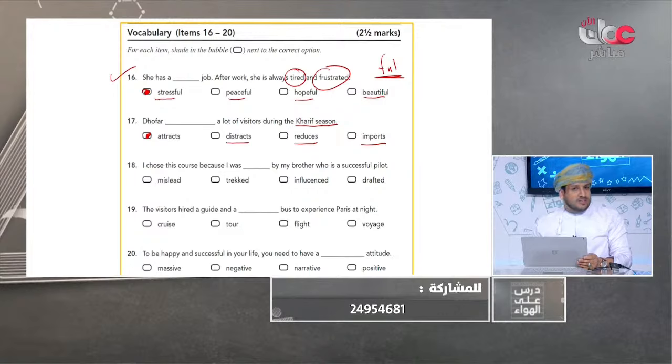يجذب. Very good. What is the noun of attract? Attract is a verb, right? Yes. What is the noun? The noun is attraction. The adjective is attractive. أريد أقول جميل المكان هذا جذاب. This place is attractive. أريد أقول أن المكان يجذب. This place attracts. Attract يجذب. Okay? So the correct answer is attract. Very good. Thank you very much.